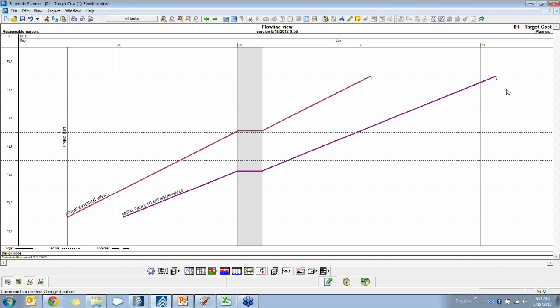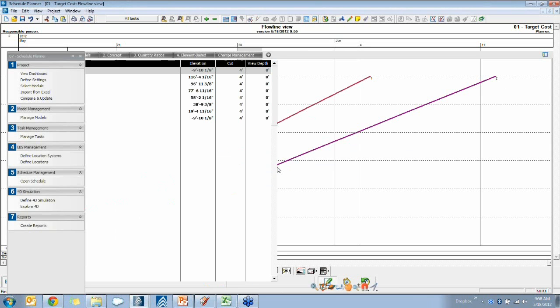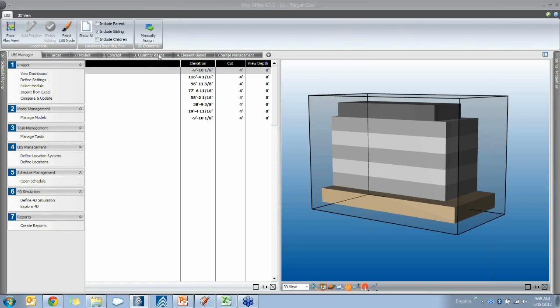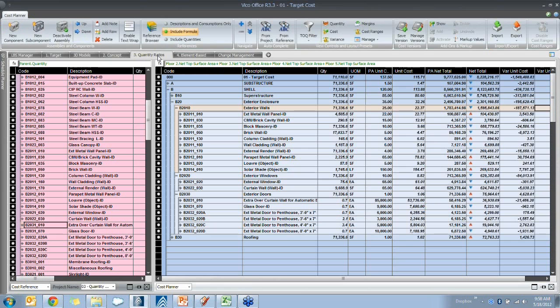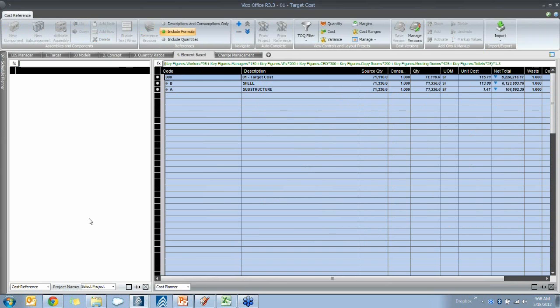You can find out a lot more about scheduling and flow line and optimization and also the production controlling in many other webinars and YouTube videos as well. So please search for those. I'm going to leave it there though and go back to see our ratio-based estimate that we have developed. And after, I think we're coming up to the hour, but I will skip over the element-based information just by